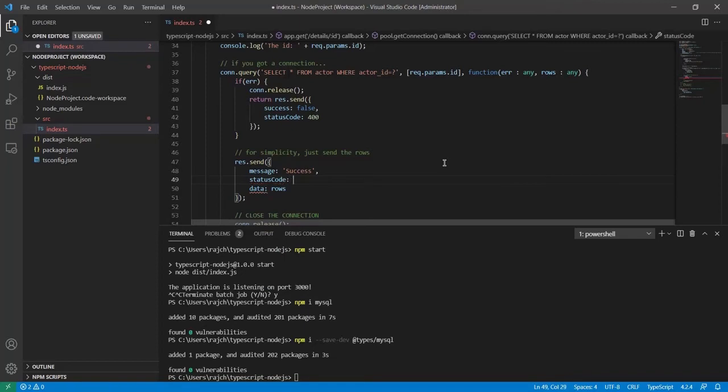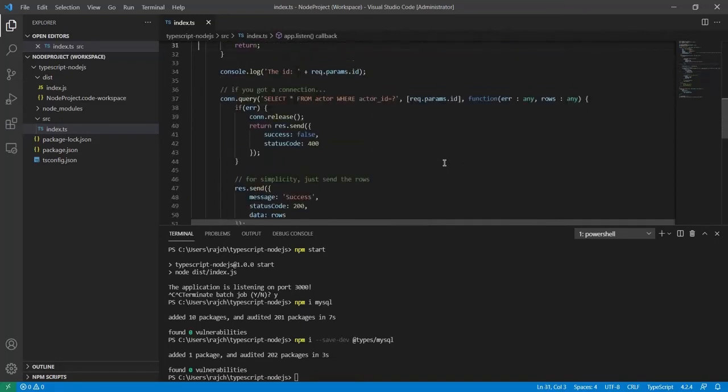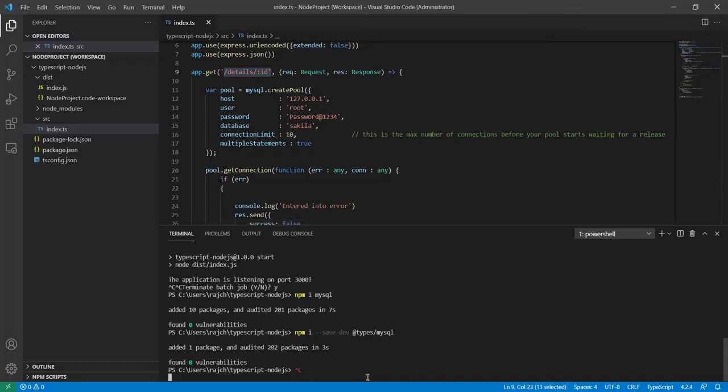Okay, and that could be like 200 because it is okay, or success. Okay, so that's it. So now let me go ahead and call this get API. So this is the get API which I am going to call. So let me first build the project. To build I am going to use npm